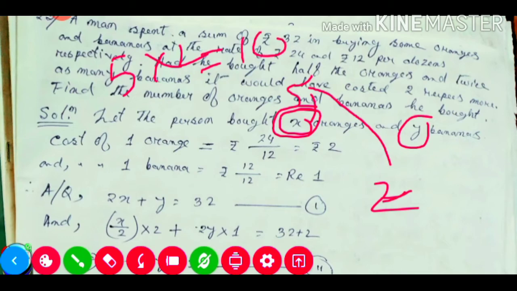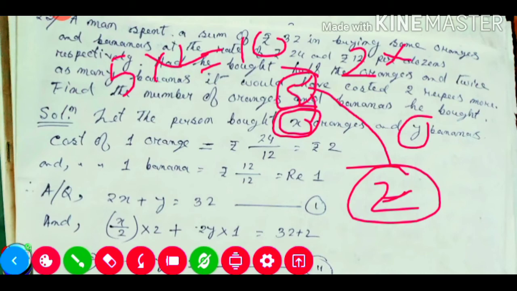So here we don't know this x value, which was 5 only as an example. So we took x. You need to multiply it with the price of 1 orange. The price of 1 orange is 2, so 2 into the number of oranges. Suppose here it is 5, but we don't know it, so we are considering x. So 2x, that is 2 into x.